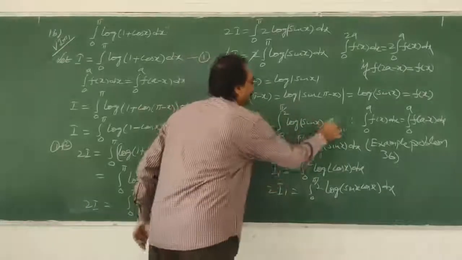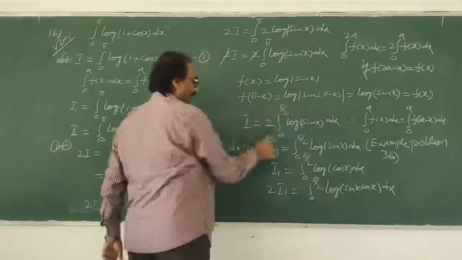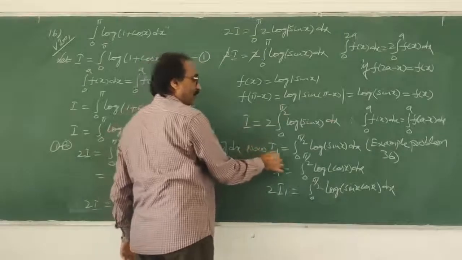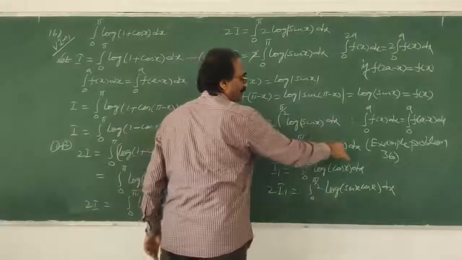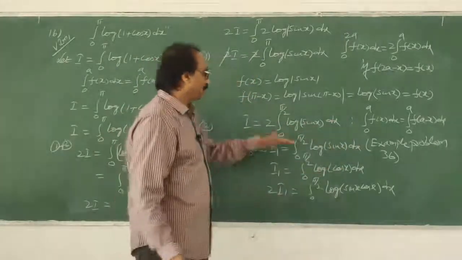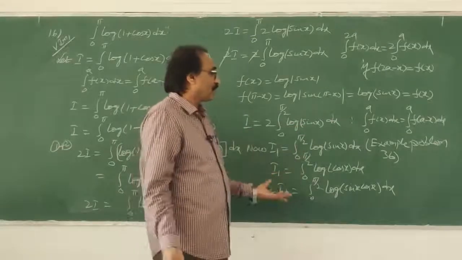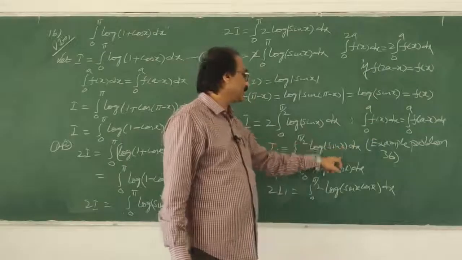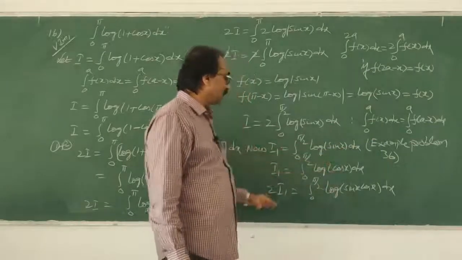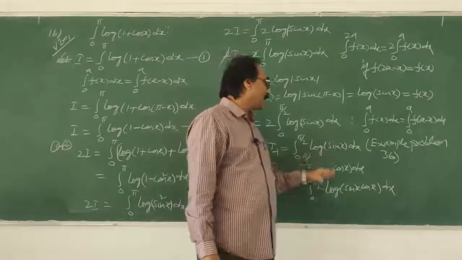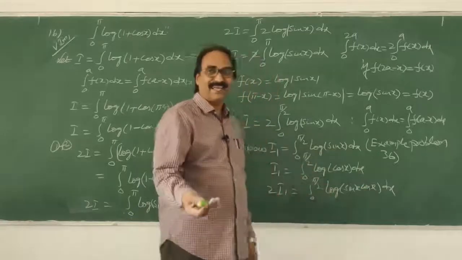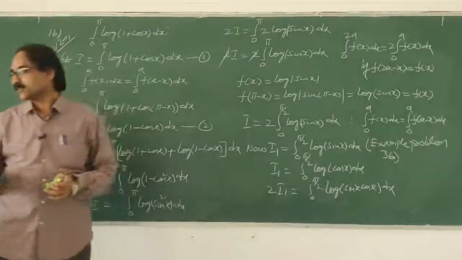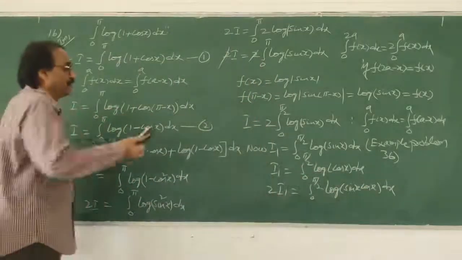Now this problem has another problem, I am explaining here. Let I1 be equal to the integral from 0 to pi by 2 of log sin x dx, like I said. Okay, from here one problem. So now what I am doing, the same principle I am applying here again. Therefore sin 90 minus x is cos x. So I1 plus I1, 2I1, is the integral from 0 to pi by 2, log A plus log B is log AB. Direct steps I put. So log sin x cos x. Okay, my dear student, you understood now.